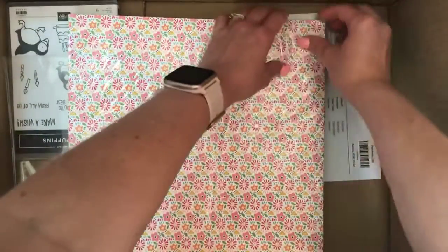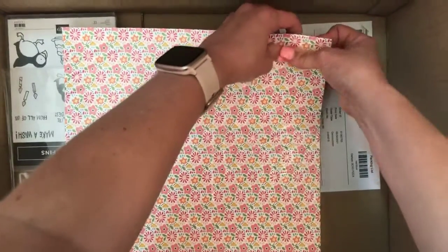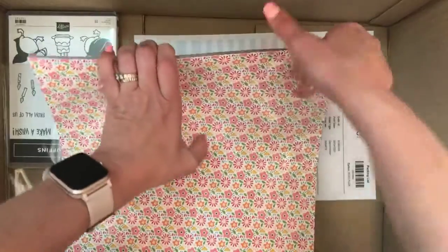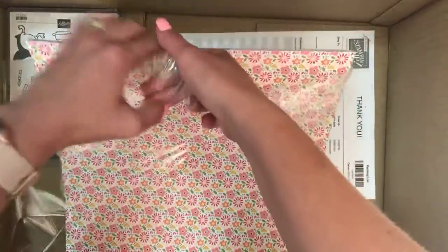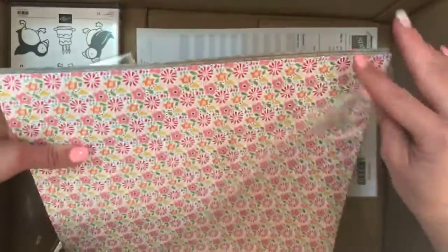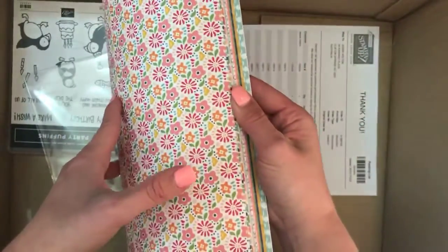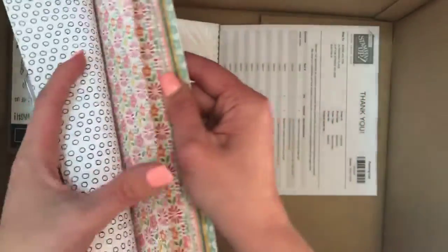so that's generally pretty good for demonstrators as well. If you're a demonstrator, then you get the discount off that as well. So it's $250 at the retail price. Oh, I've just wrecked that pack of packaging, haven't I? But for a customer, if you put in a big order of $250 or more, then you can get this paper for free. And